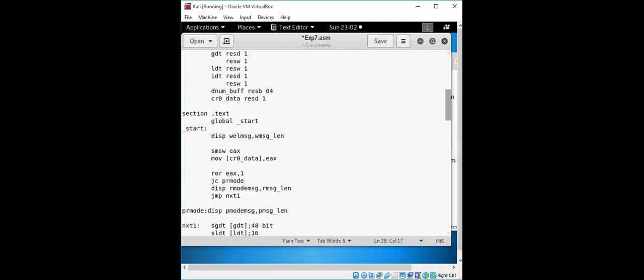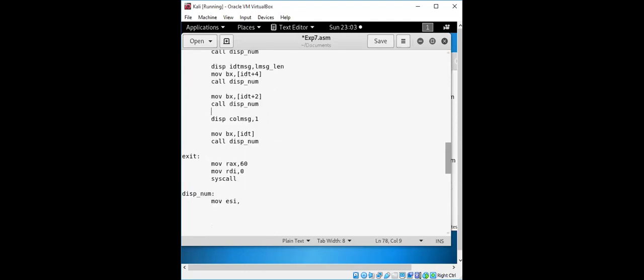So this buffer space. Okay, so we'll take the pnum underscore buffer. Okay, so it will be taking the buffer space.